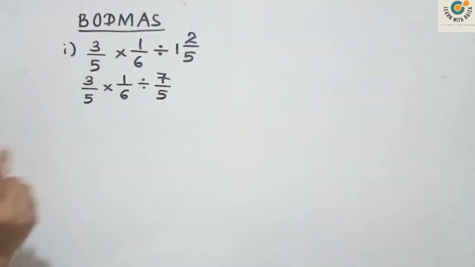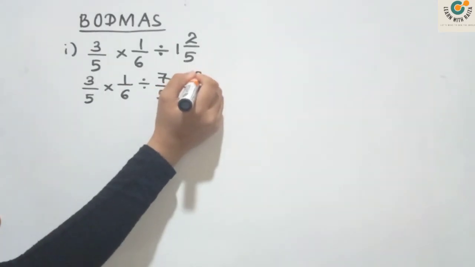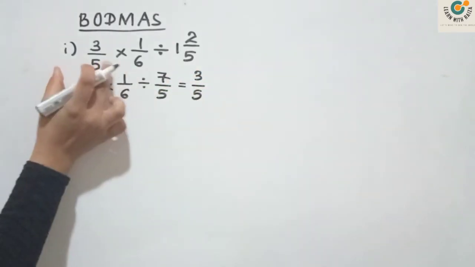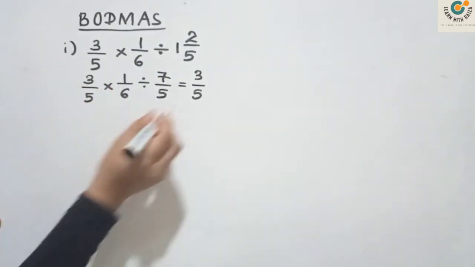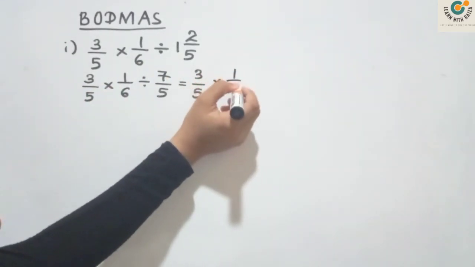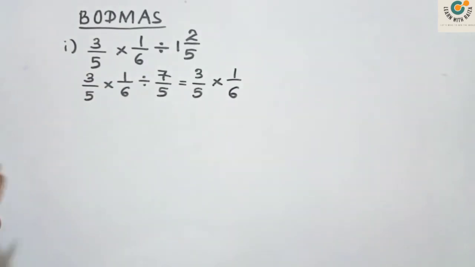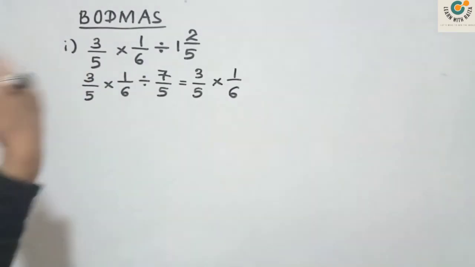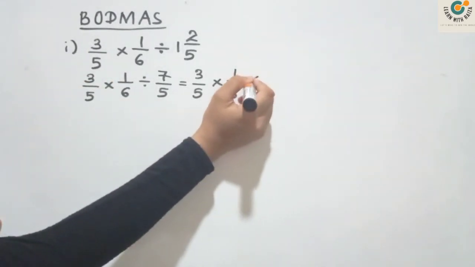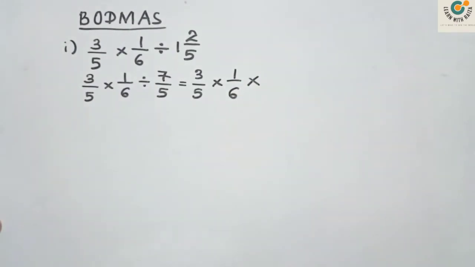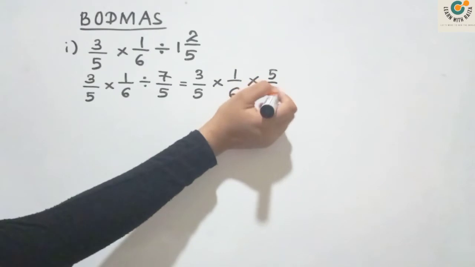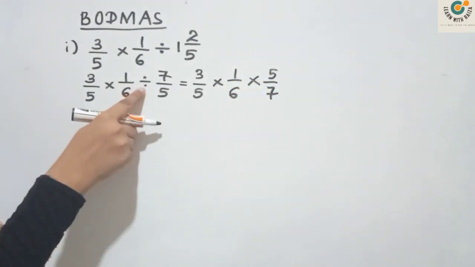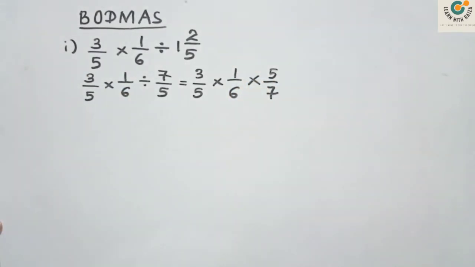Now, still we didn't finish division. So equal mark. Again write the same fraction, no effect for here. Our first duty is to finish this part because of division. Multiply by 1 over 6, no effect for this one. I told you in division, you have to do the effect for the second fraction by changing the symbol into multiplication and getting the reciprocal, 5 upon 7. Some students write the symbol multiplication and forget to get the reciprocal. Don't make that mistake.